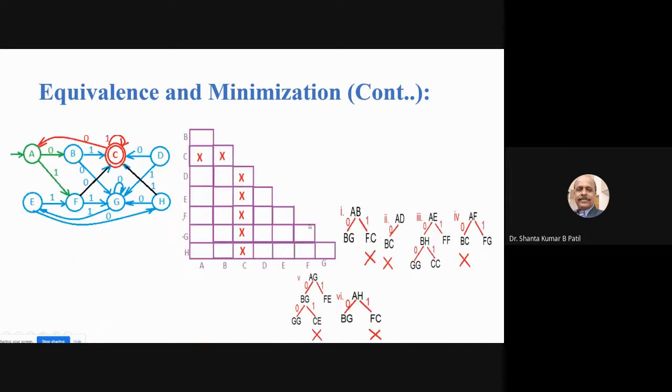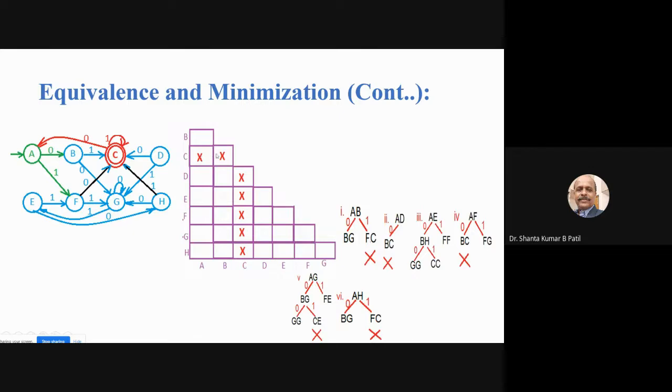Like that, you can take the complex problem. So this is the one which is very complex. C is a final state. So wherever you locate the C in the difference table, again as usual, vertically it begins with the second state and ends with the last state. Horizontally it begins with the first state and ends with the last but one. So once you get the difference table, mark the cross mark in the table.